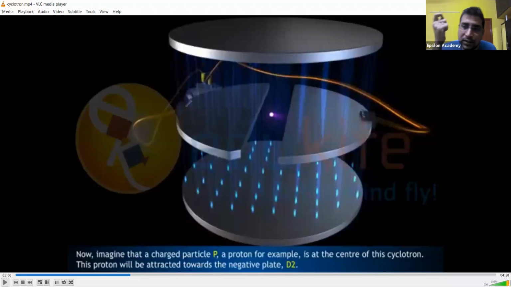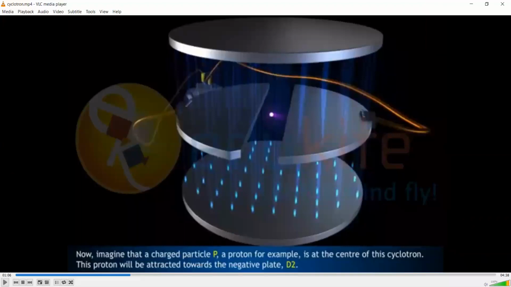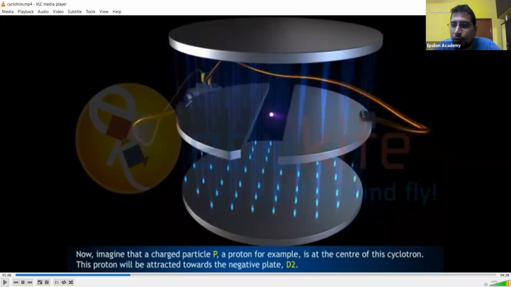When a charged particle is kept at rest in a magnetic field, is it going to move? No, sir. Why? Because V is 0, then the force is also 0. That's right. So the Lorentz force is F equal to QVB sine theta. When V is 0, obviously the particle is not going to move. Whatever the orientation, we are not worried about it.